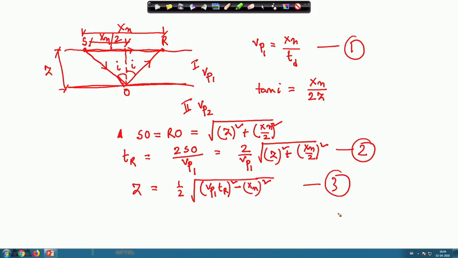Now, if I use only one geophone data, then there is a possibility that we may get more error, because that means that there is a possibility of measurement error. So, rather than using one particular geophone, if we use say n number of, or more than one geophones, then the possibility of the error will reduce. So, that is why, instead of using one geophone, we will use n number of geophones.